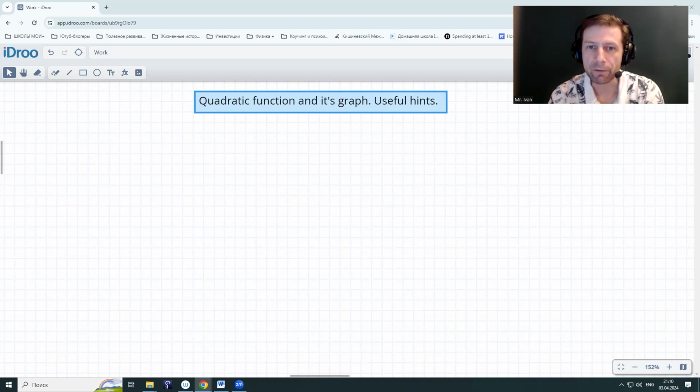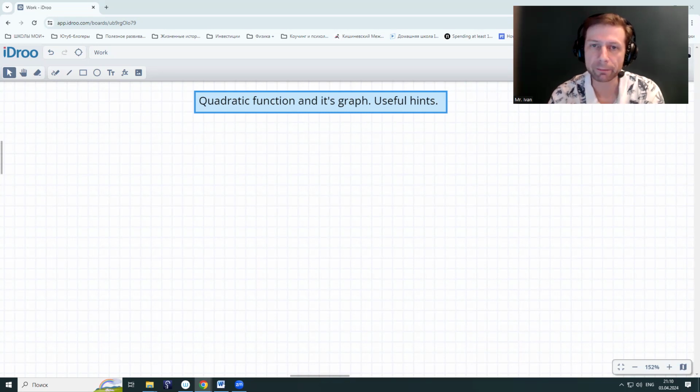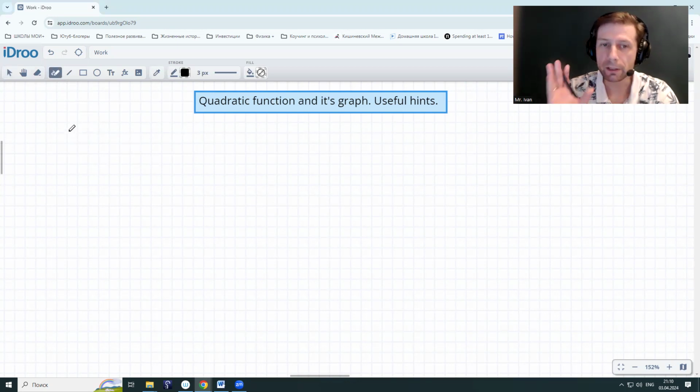Okay, first of all, let's talk about what a quadratic function is. A quadratic function is a function which has x in the second power, okay? So the highest degree of the polynomial is the square. Let's put it this way. The standard form of a polynomial